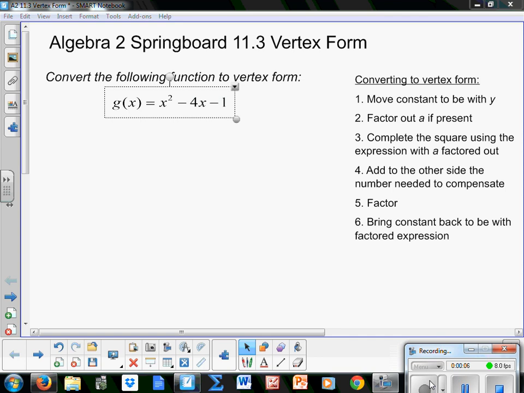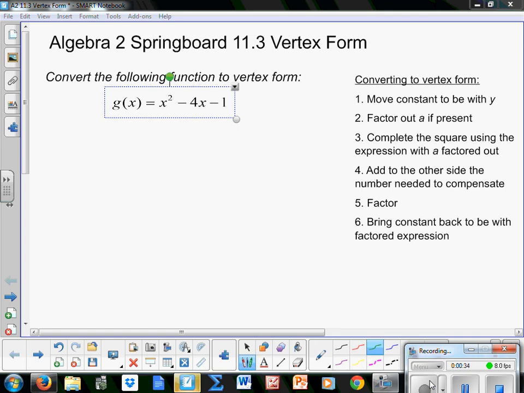Today we're doing Springboard, Algebra 2, 11.3 Vertex Form, and we're just talking about how to change a function that is in standard form, like what we have here, into vertex form. This is something we've done in class already, so I'm just going to reiterate the concept to get some practice together. When we're converting to vertex form, as long as we have it in standard form,